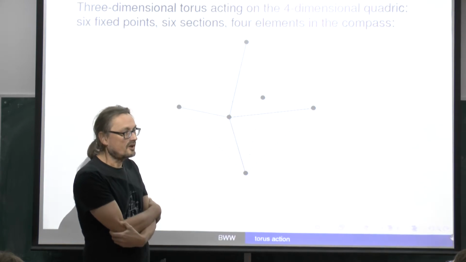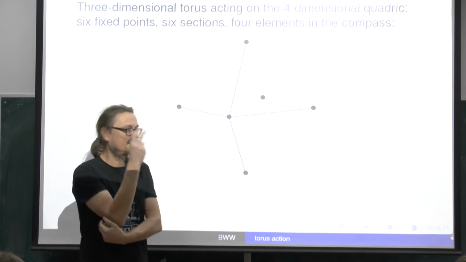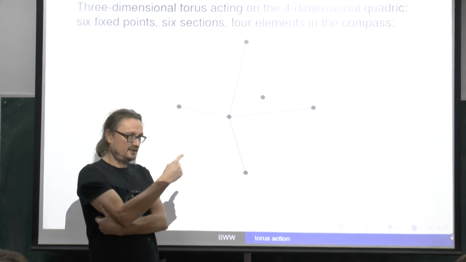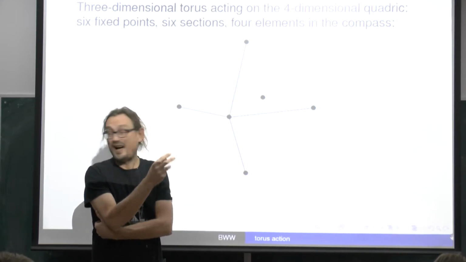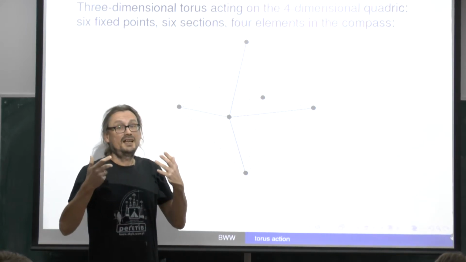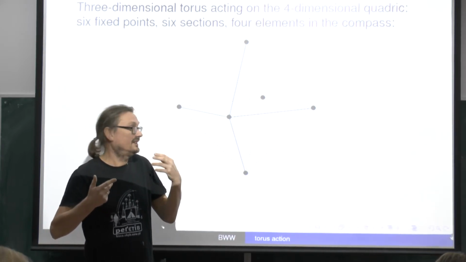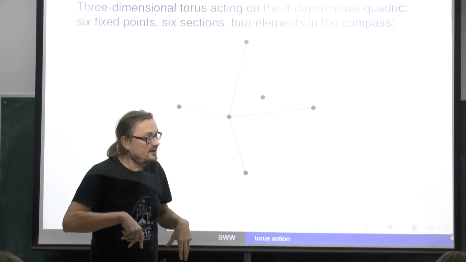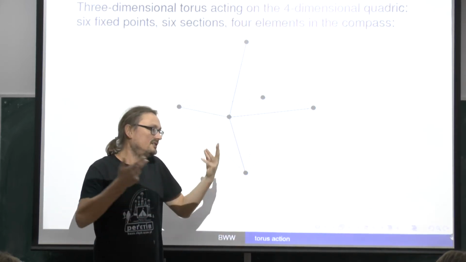It would be strange if they were. Because the point is that, of course, the compass has, okay, if the fixed points are isolated, then the compass is supposed to have as many arrows as the dimension of the variety. Okay? And then, of course, the dimension of the torus, you want to assume that it is smaller. Okay? So the